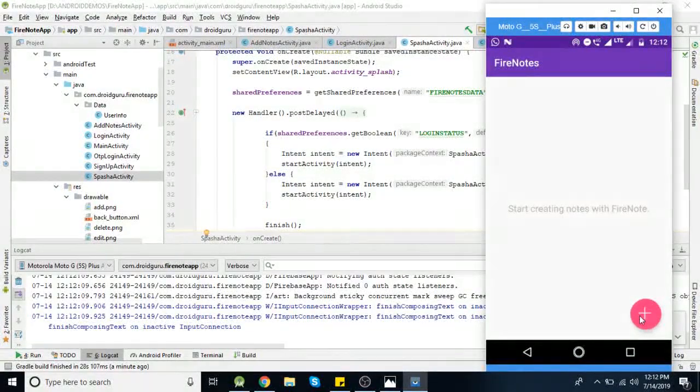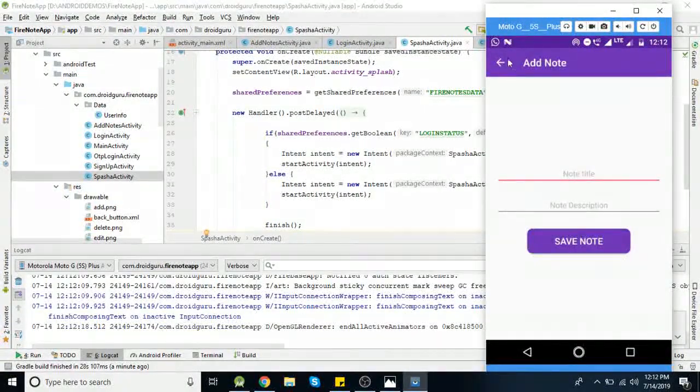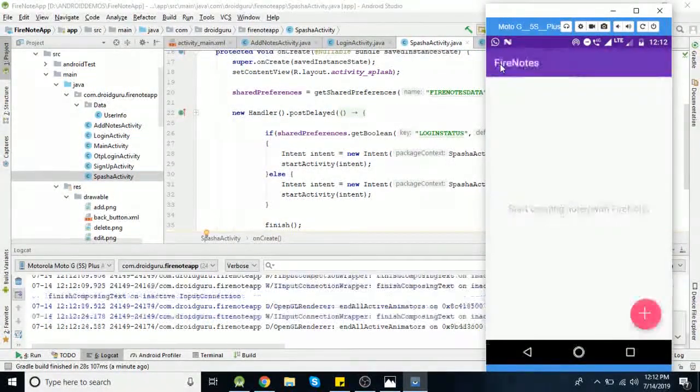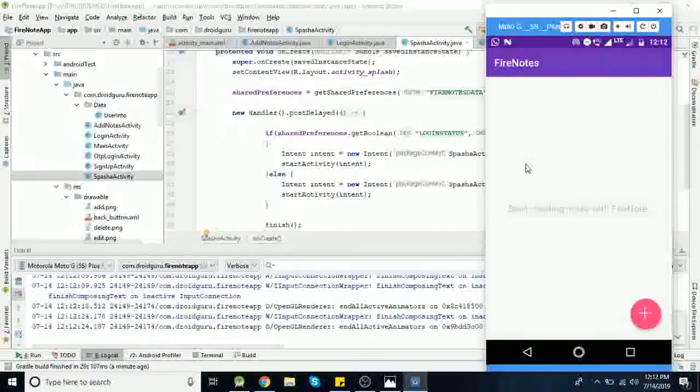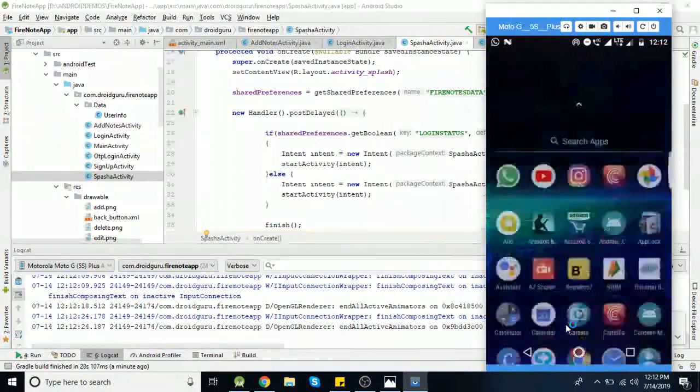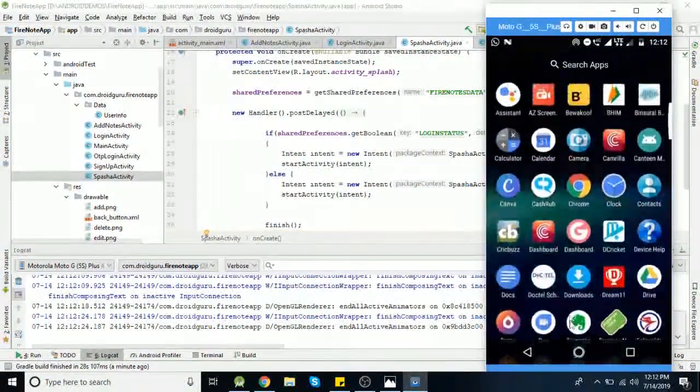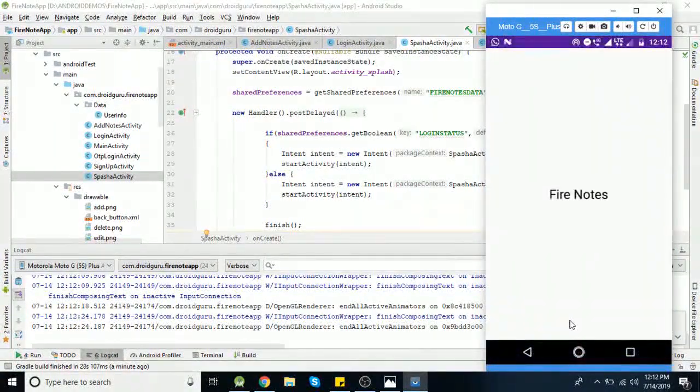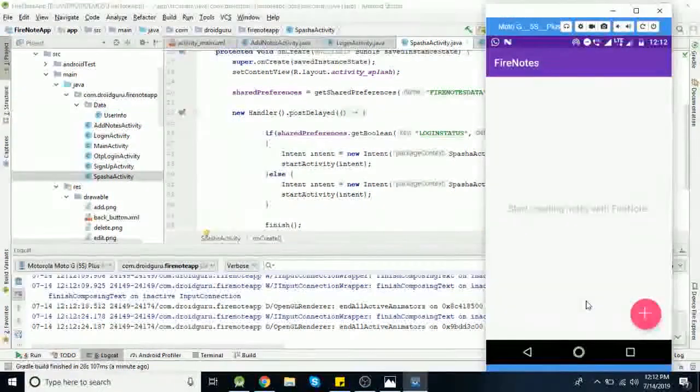You can check this activity as well. This navigation arrow is added here. If you click on this, it will dismiss or finish that activity. Now if you open it again, it's directly going to home activity because we already logged in our application.